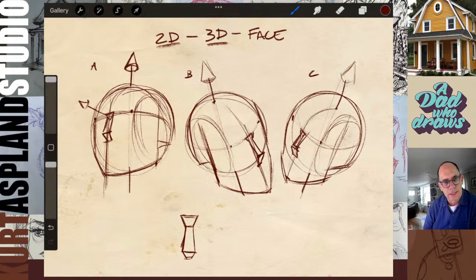Come down just like that. The nose is going to flare out just a little bit on the bottom. And then we're going to connect the sides of it.